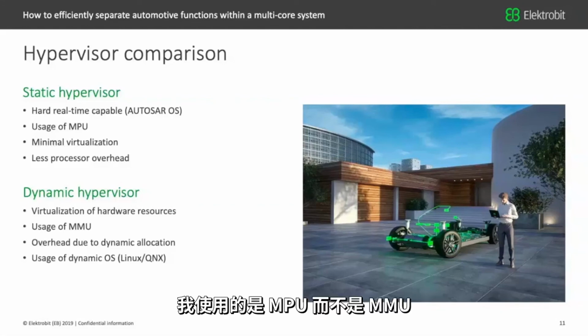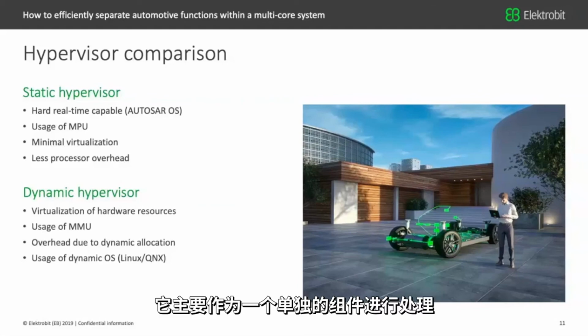We make use of the MPU instead of an MMU. There is not as much virtualization. The thing which is really virtual is the communication, and this is not handled within the embedded hypervisor. It is more handled